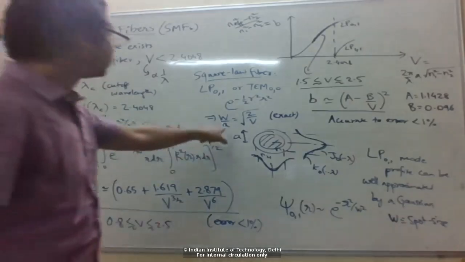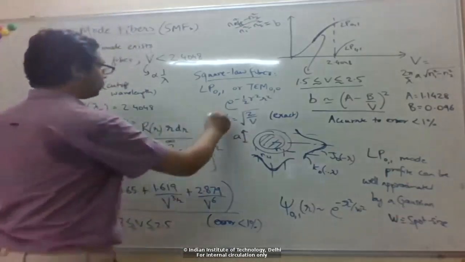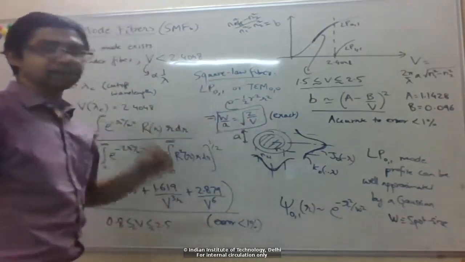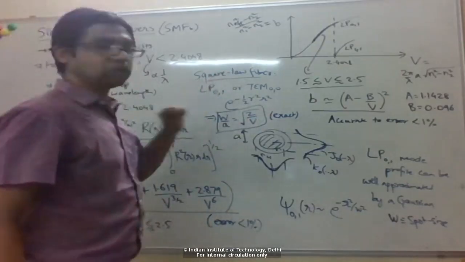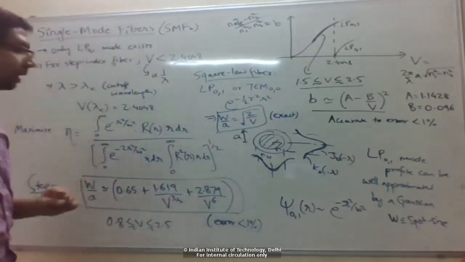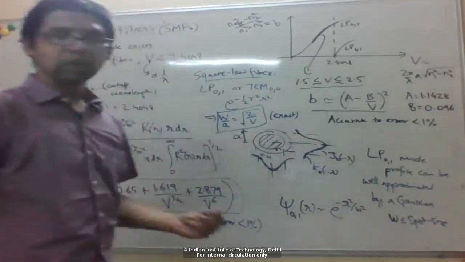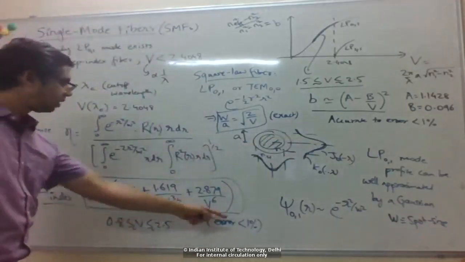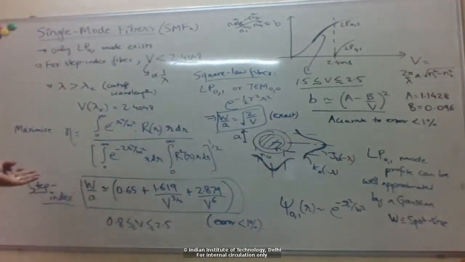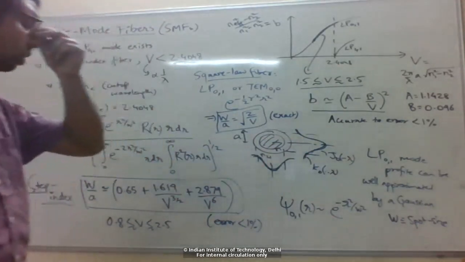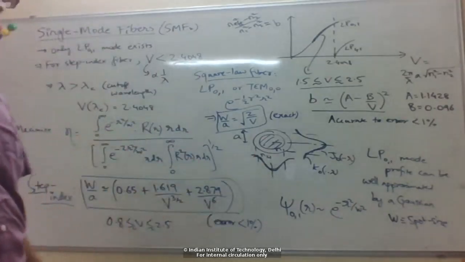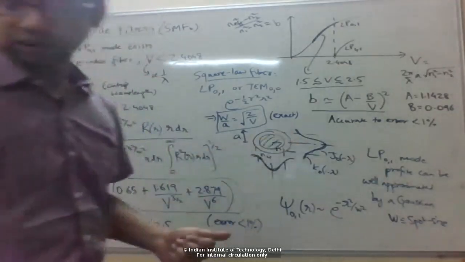Yeah, so the question is basically this. In the class we saw this formula, which was for a square law fiber. So that is exactly valid, but it's for a square law. For a step index, we have to use this formula, which is approximate, because actually the fundamental mode is not a Gaussian, but it works well with less than 1% error. And why we want to approximate the lowest order mode with the Gaussian is that calculating various things becomes much easier, instead of using the Bessel